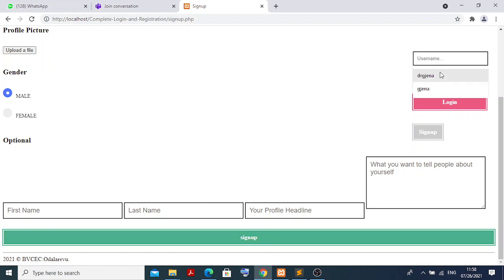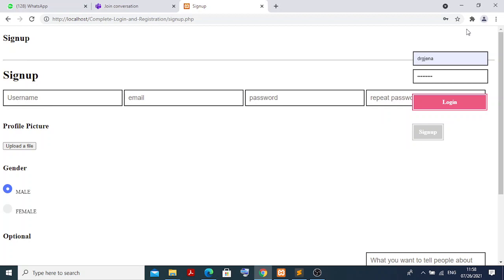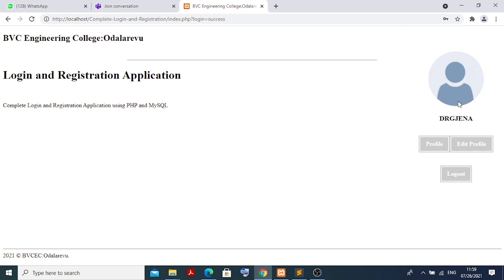In the login, you put in Dr. G Jana and the password I told you, we are team, and I am just going for this login, and you can see the miracle. It's not working. We team, and just go for the login page. Yeah, you can see it here. You are already logged in.